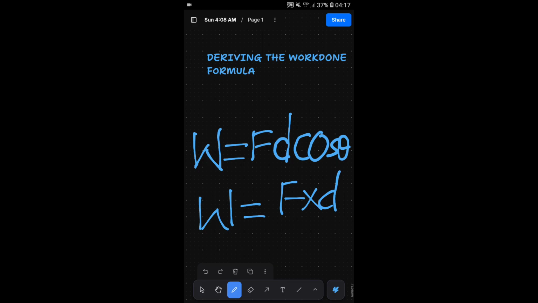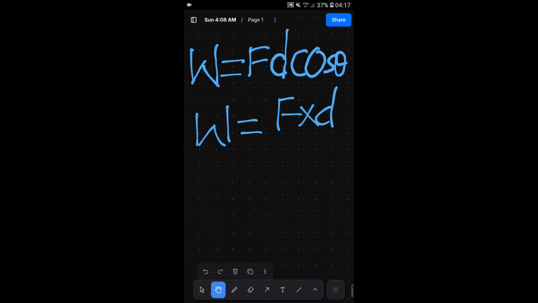Oftentimes, the force is never perfectly aligned to that direction of motion. So now let's introduce an angle theta, and let's call angle theta the angle that the direction of the force makes with